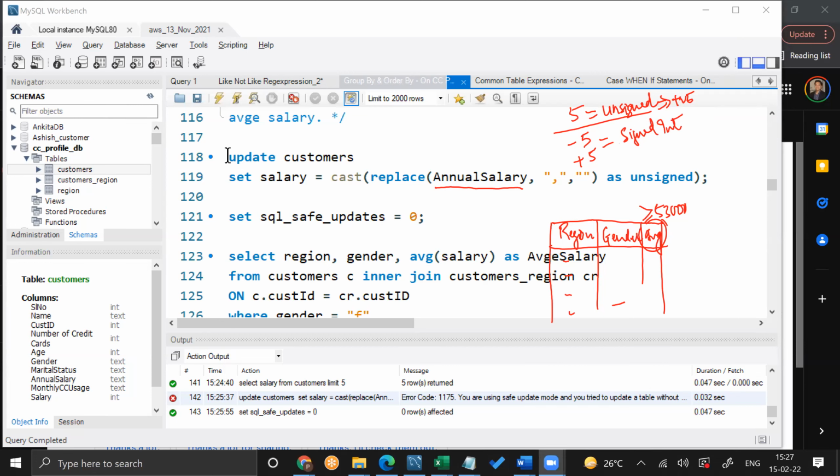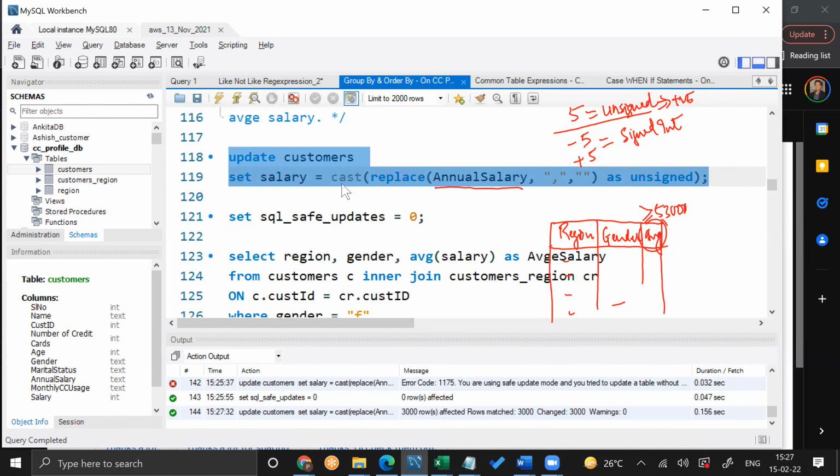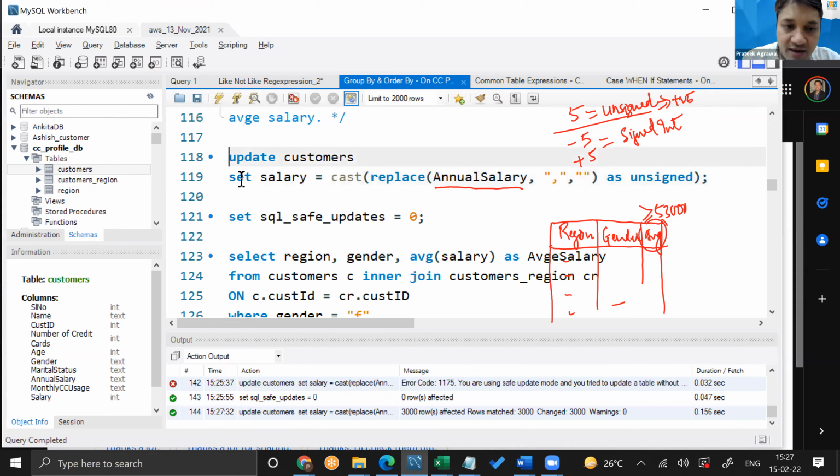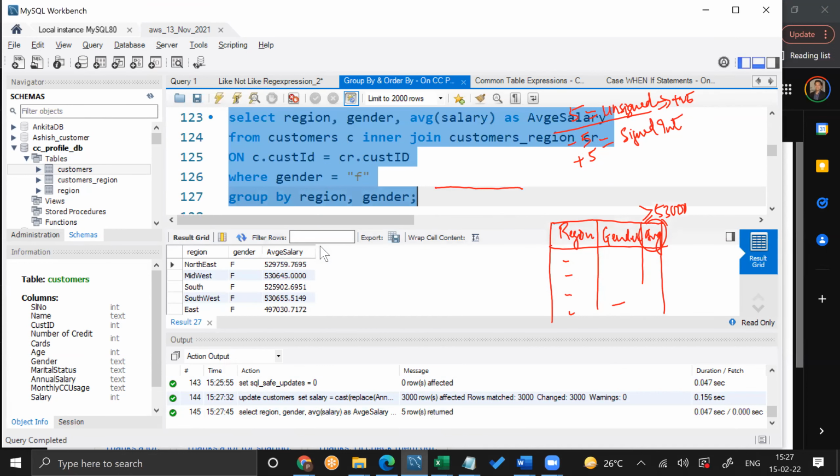So in that case, Pratik, I'm still getting the same error. The average salary, I'm getting null. I just updated it now. Okay, I'm running it again. Now see it.